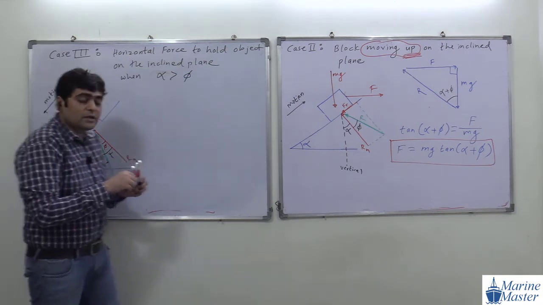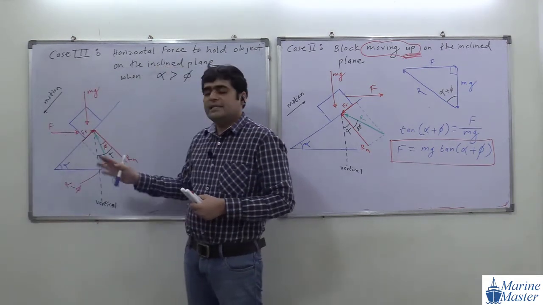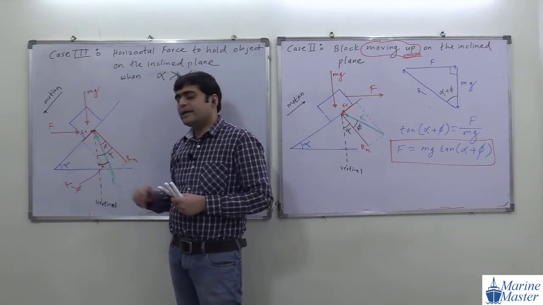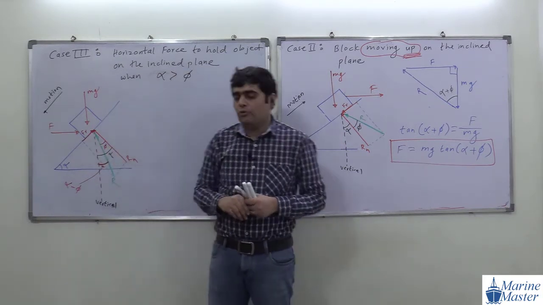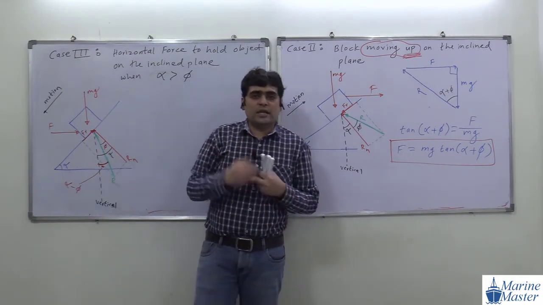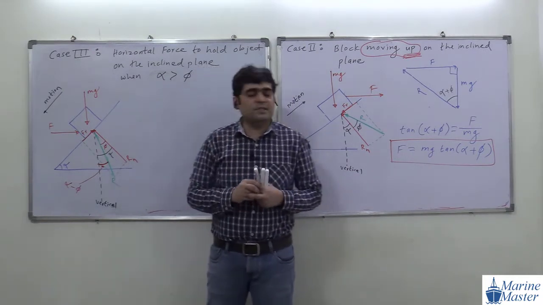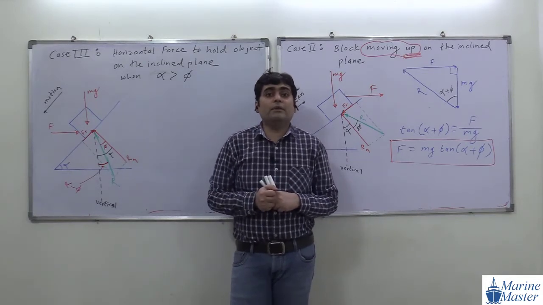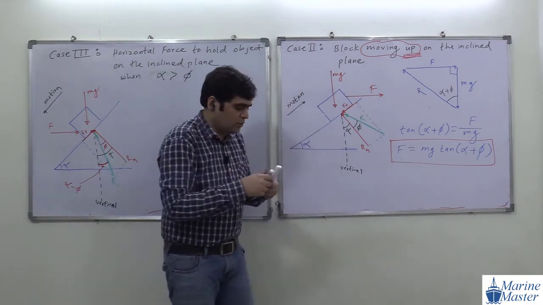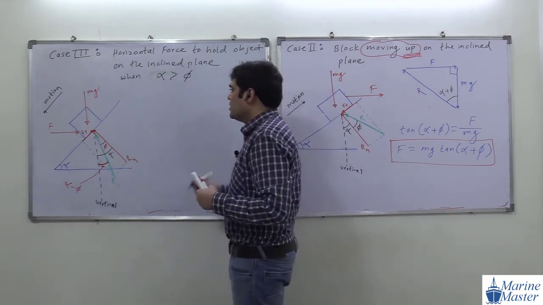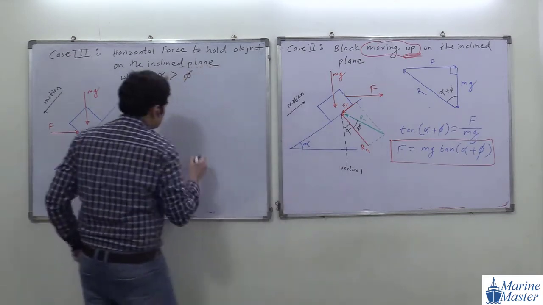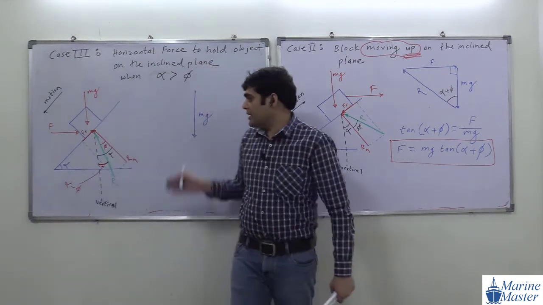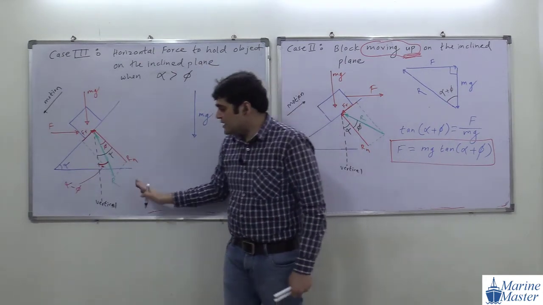So how to draw the force vector diagram for this scenario? Initially there are 4 forces, but we replace these 2 forces by R. So finally we have 3 forces. If a coplanar concurrent 3 force system is in equilibrium, they will form a closed triangle. How will they form it? We draw our reference, which is mg. Then our resultant reaction R.